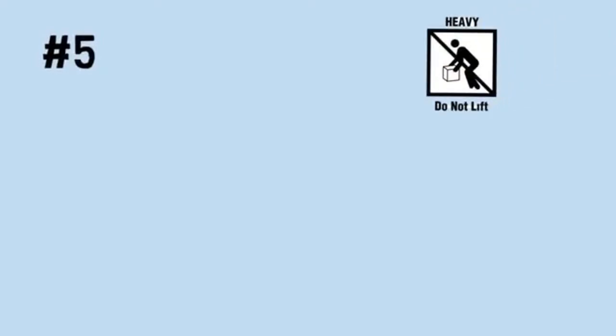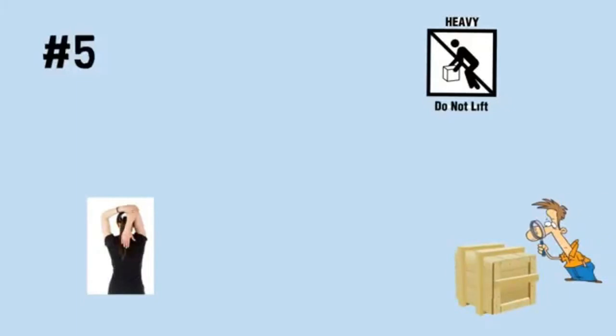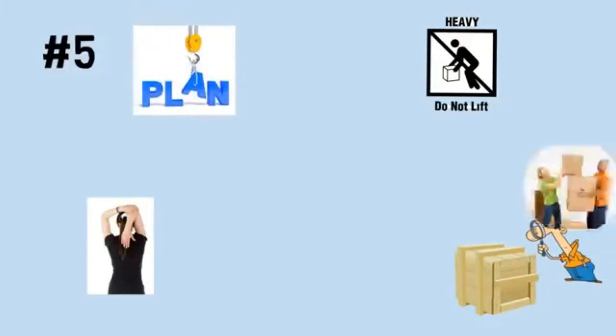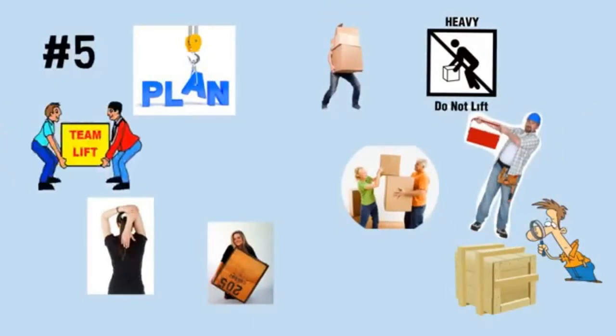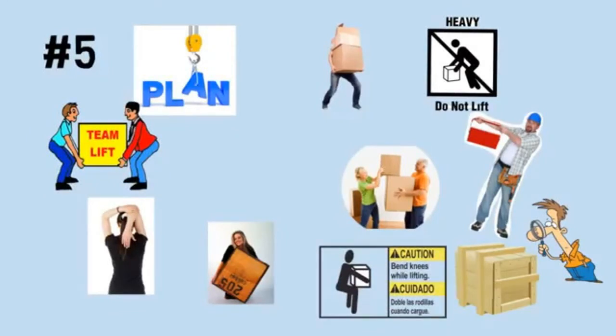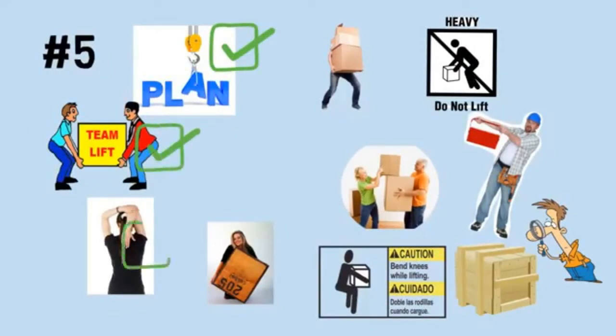Number 5, most back problems develop over time, and when the big injury comes, it's usually the result of many, many small injuries. Over the years, we tend to exceed the capabilities of our muscles, tendons, ligaments, and most important, those vital discs that make up our spine. Lower back injuries can be avoided, but they require you to follow safe lifting rules all the time, not just once in a while.